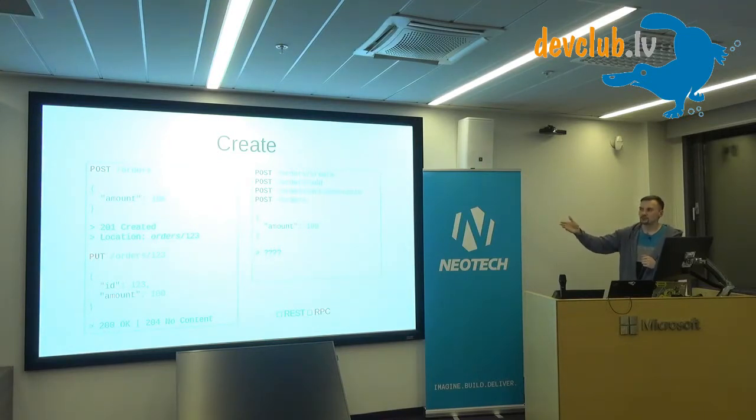The other option is PUT. If you don't know the ID the item will get, you would do POST. If you do know the ID, you would do a PUT to the exact URI. The way PUT works is you say, I will put it here, and next time you get it there, it should be exactly what you put. So when you PUT this thing, you already have the ID there, and it will just respond with 200 or 204, that it was successful.